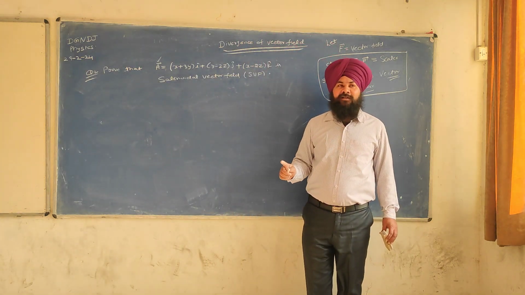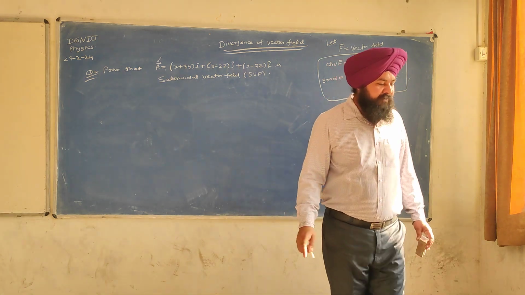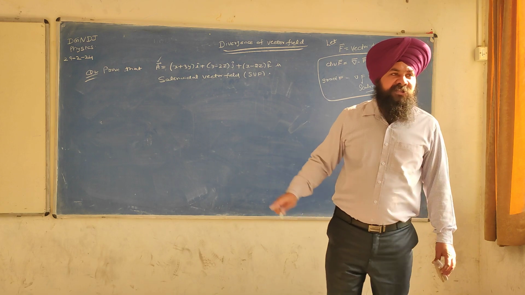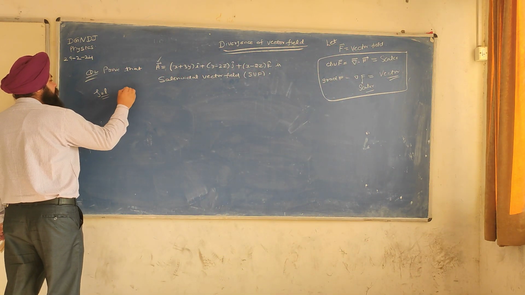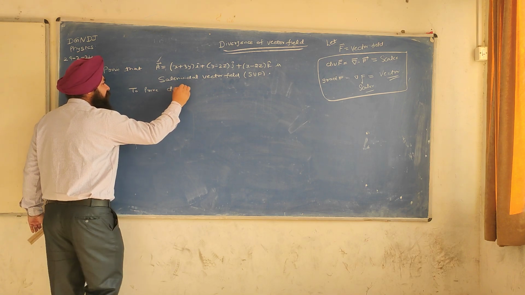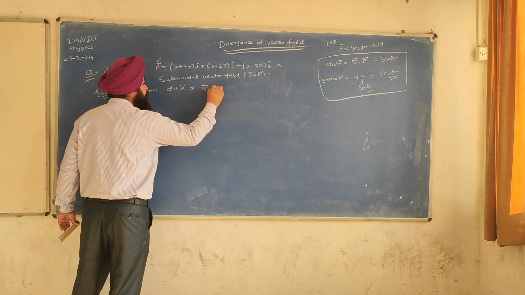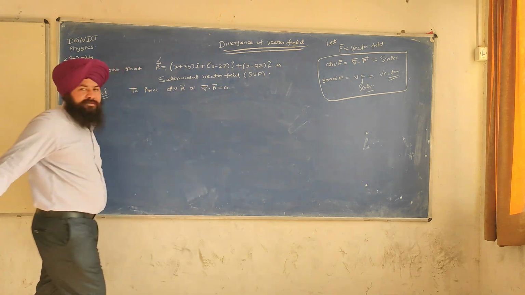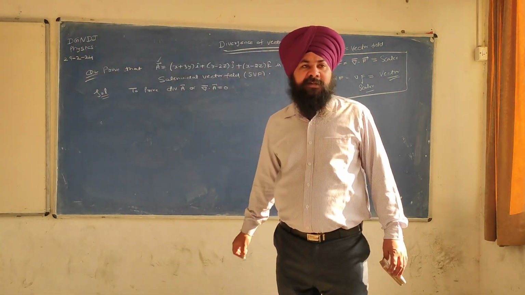How would we do this? How will we prove it? So we have to prove that the divergence of this A vector, or del dot A, comes out to be 0. Del dot A comes out to be 0.